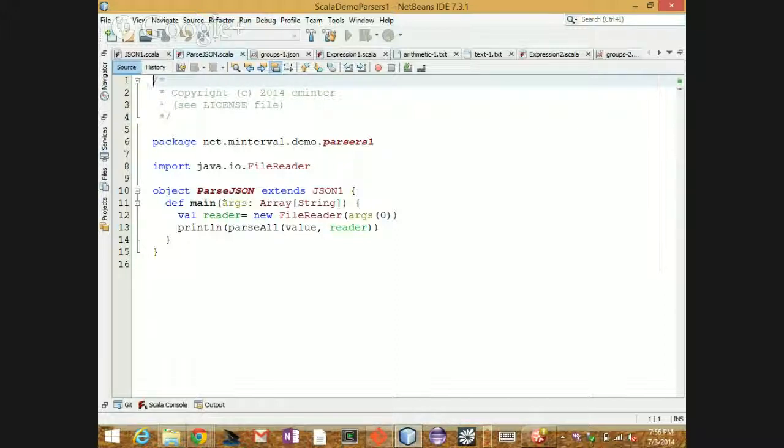What I'm doing here is defining another method, like in Java where you have a static main method, and I can call it from the outside with these arguments. I'm just going to take the first argument, create a file reader, and pass it into the parse all method, which I didn't define. It was built into that original trait for the Java token parser. I'm not saying what to do with it. It's just going to give me something back. So let's go here.